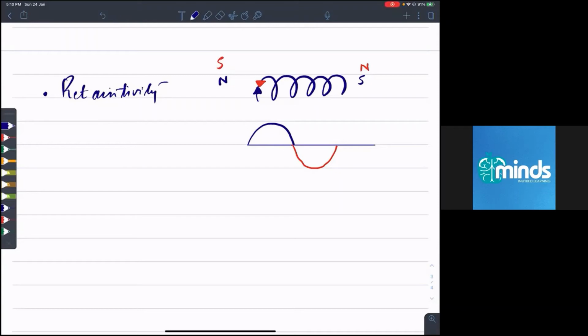We are using alternating current. We will keep on changing its direction so many times in a second. For example, the alternating current that we use has a frequency of, let's say, 50 hertz. So it will change its direction 50 times in a second, right? So what does it mean? It means that if we are talking about retentivity,